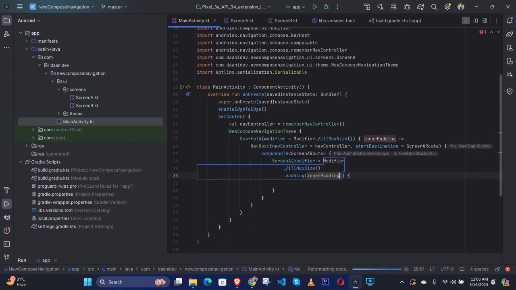Okay, otherwise it will show the red line under this. Okay,